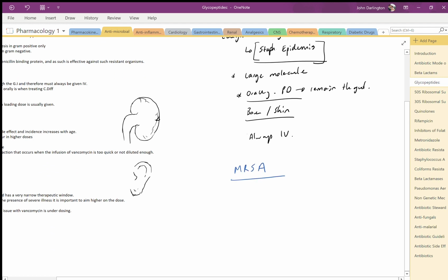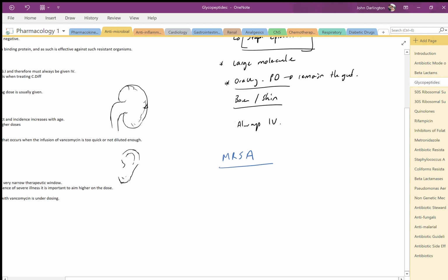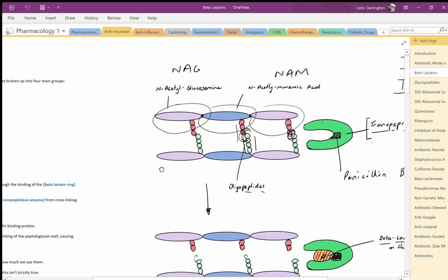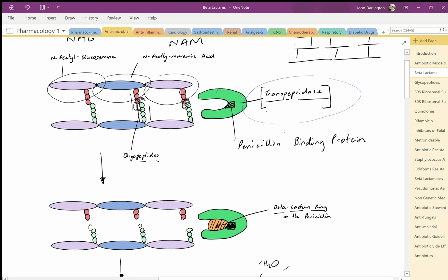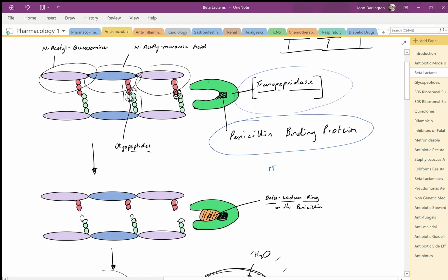So you would have heard of MRSA, methicillin-resistant Staph aureus, and the reason that MRSA is so dangerous or so resistant is, if we go back to the beta-lactams and we were discussing this transpeptidase enzyme, I said to you that there was a protein on the transpeptidase called penicillin binding protein, and this is where the beta-lactams bind to. Well, in MRSA there is a mutation to this, and as a result,